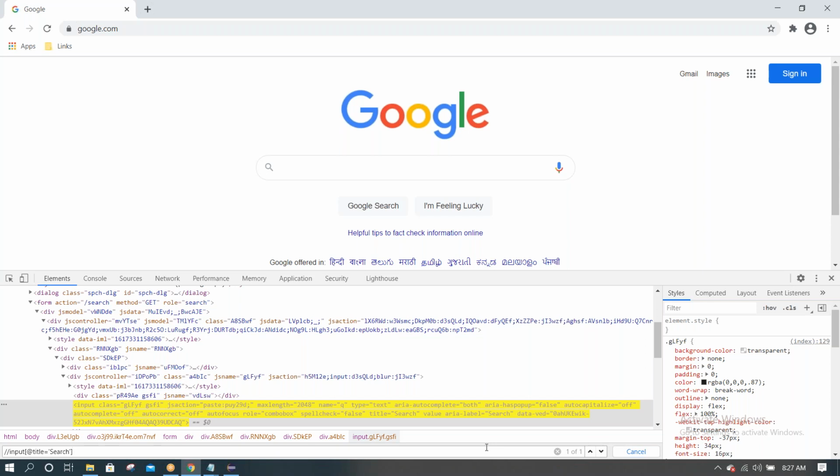Here you may get a doubt: if the name locator is already there, why do we need to write XPath here? Assume that in the same application there is another text box. For that also name equal to q is there, but the title is something else.